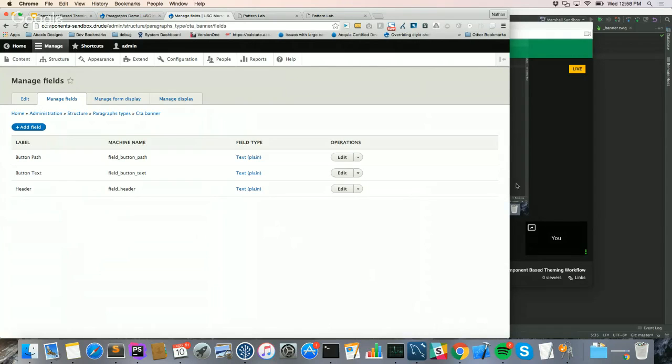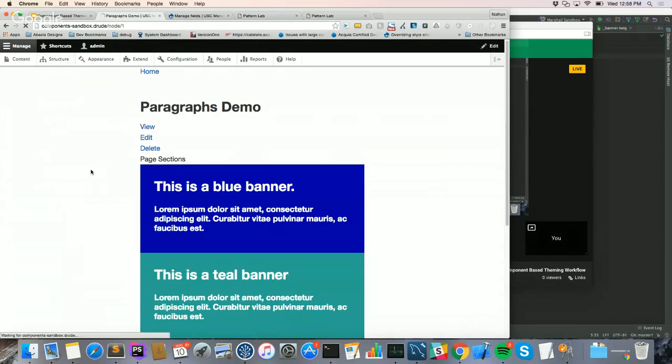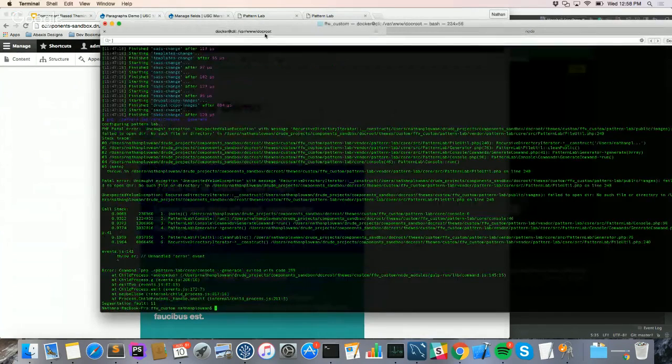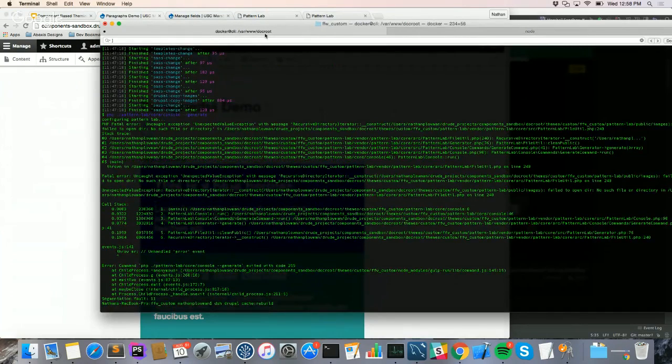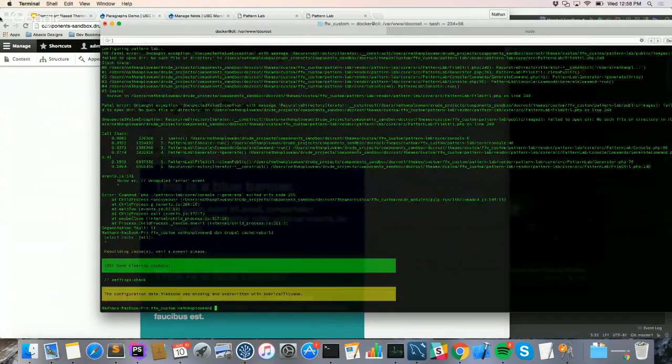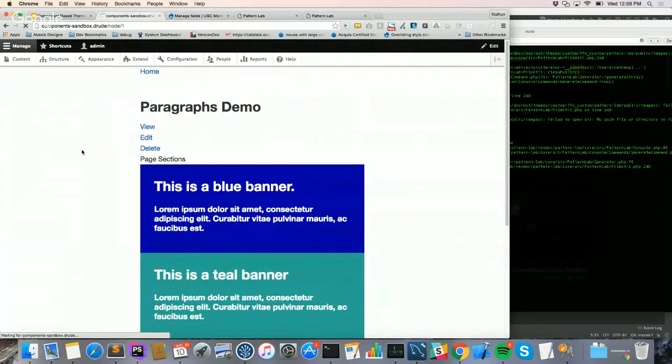All right, so we've got that set up now. So if we go back here, it'll probably do nothing because I need to flush the caches, which we will do with Drupal Console, which is an awesome tool if you haven't used it before. And the DSH you normally don't include. That's just because I'm using Drupal VM for the virtual machine. Okay, so I just flushed the caches, and now when I refresh, we should see